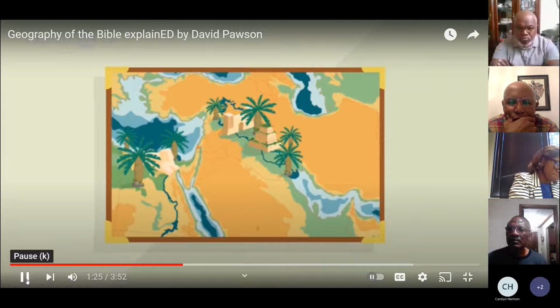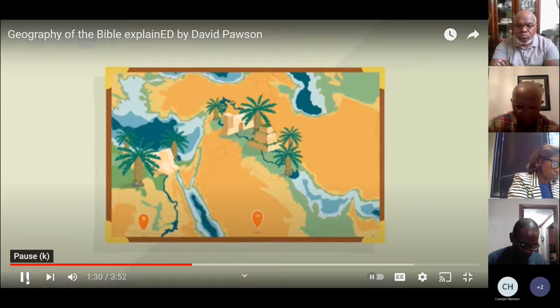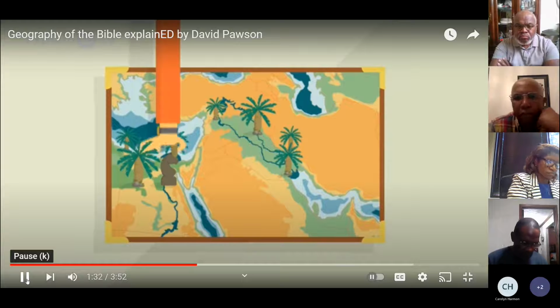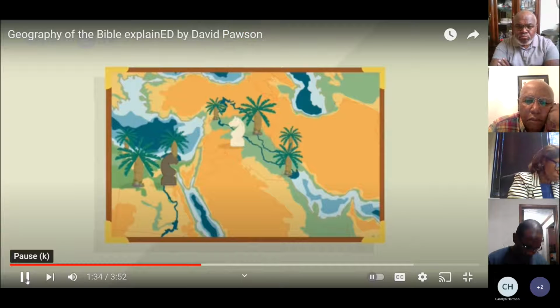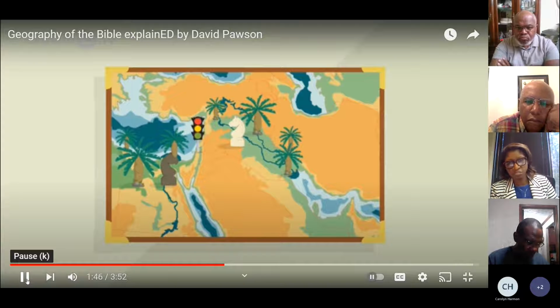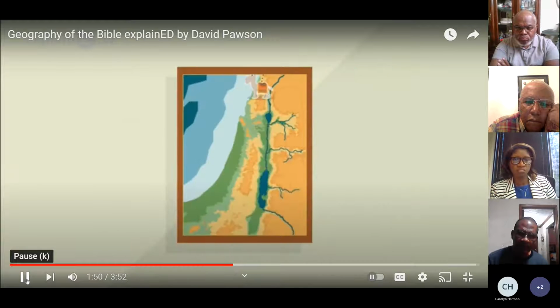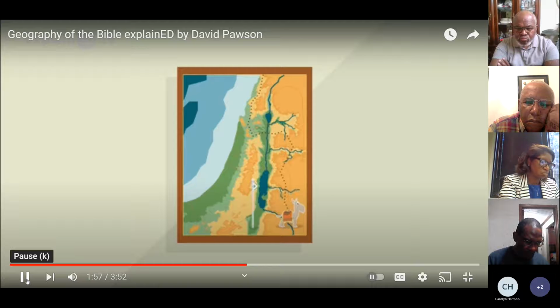Now you notice that the Arabian Desert covers all of this and the Sahara there. So when these two big powers attacked each other or tried to overcome each other, they had to travel through this narrow bit of land here. All the traffic was directed down this narrow coastal strip, which means that this was the crossroads of the world, actually. The road from Europe comes down the coast, it crosses the plain of Esdraelon, goes down into the Jordan Valley, and up onto the other side and down to Arabia.